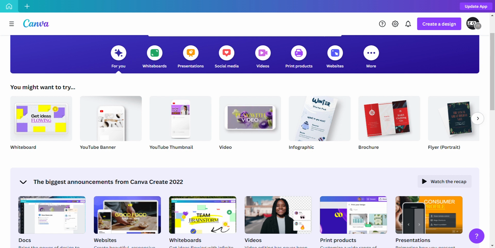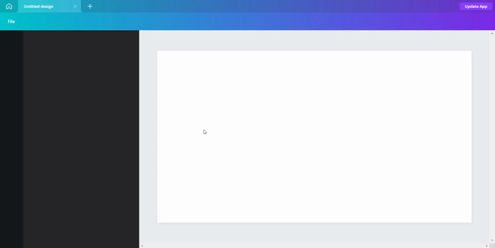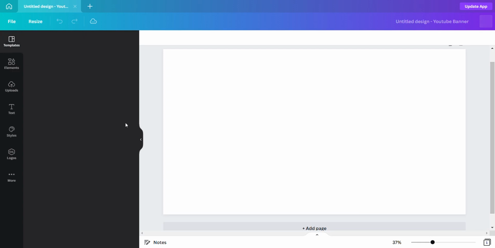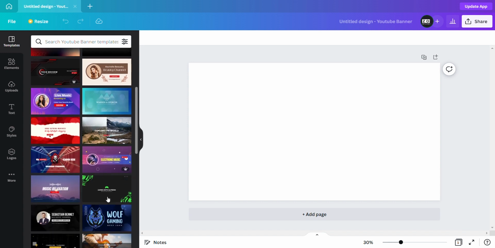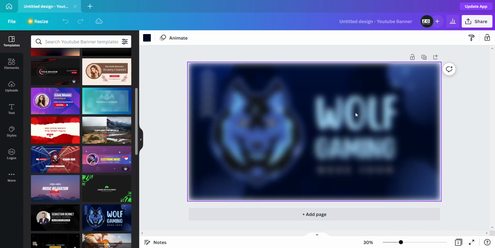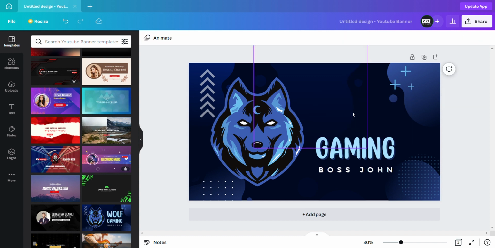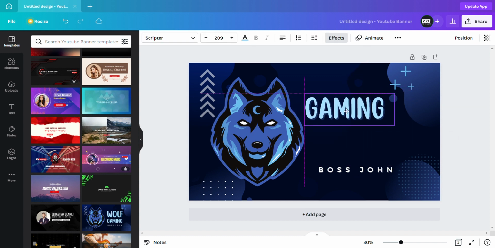Okay, you have to prepare the logo that you want to add, and then you can click create a design. For example, I'm going to create a design using a template, and then I'm going to select this one and I'm going to replace the text. For example,